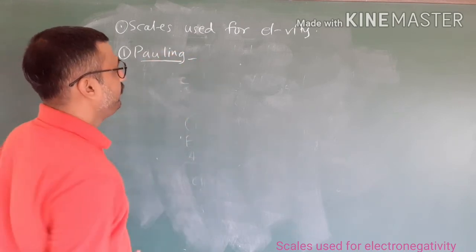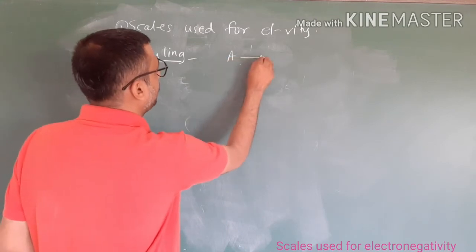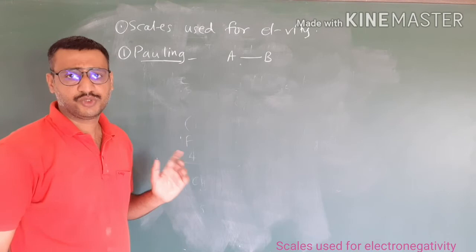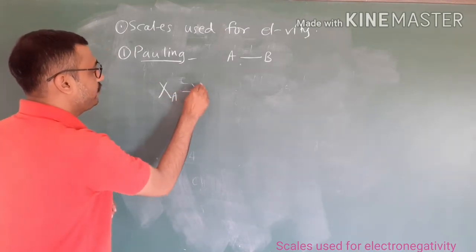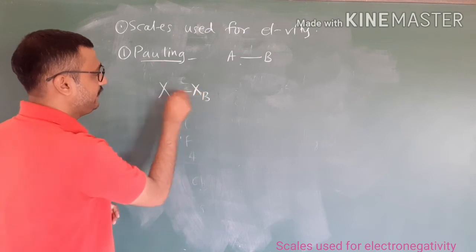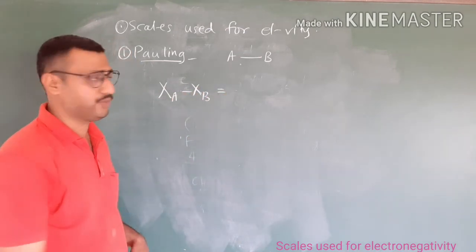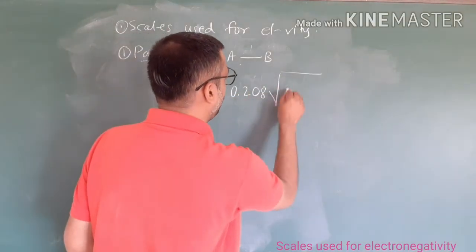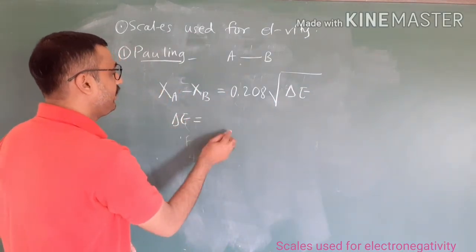So commonly we use this scale. Say, for example, a chemical compound AB. A is one atom, B is another atom. This scale tells us the difference in electronegativity values of A and B. Now, X_A minus X_B, the difference in electronegativity values of A and B, equals 0.208 into the square root of delta E. Here the delta E is nothing but the